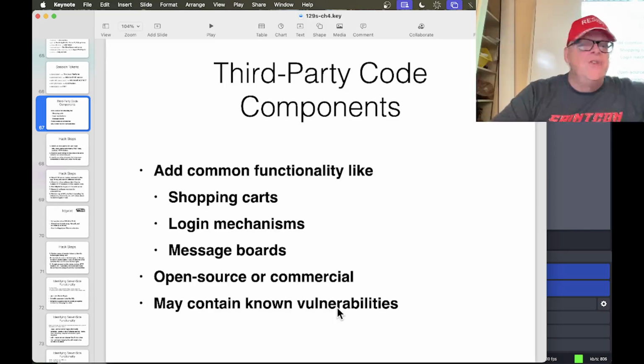And your average end user doesn't understand that they're giving every extension the right to mess with your web pages. And the same thing's true of your web server. All your WordPress extensions have the right to mess with your website. And so